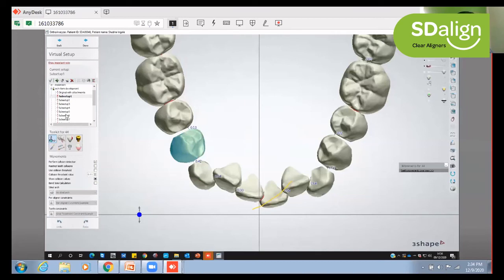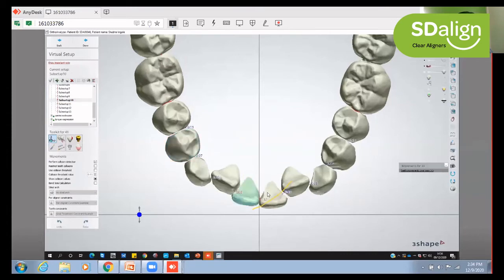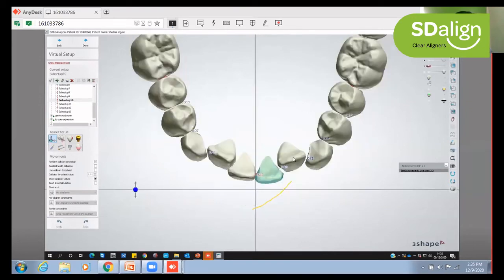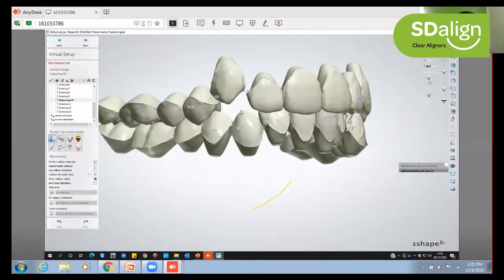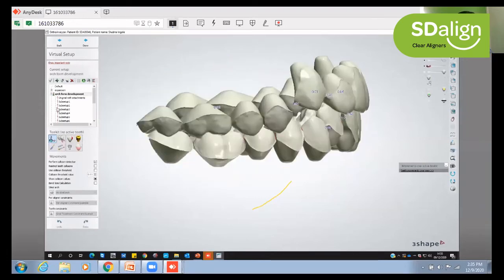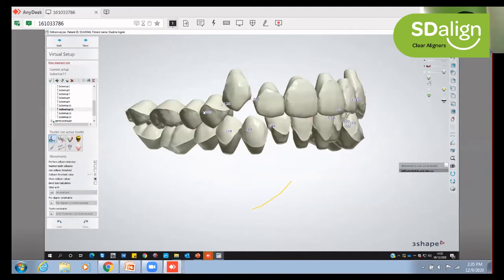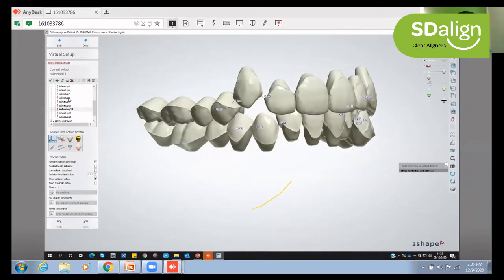Now the next 10 sets are focused on distalizing the canine and flaring the lower anterior 3, 1 to 4, 1, so that we have developed enough space for the 2 locked lateral incisors. Also at the same time, we don't lose vertical control. We also keep in mind, are we not dumping or deepening the bite? If you see from the intraoral profile view, we have maintained the axial inclination, or rather actively tried and maintained the vertical position. With minimal dumping or deepening of the bite, we have tried and established as much as possible the arch form by second stage.